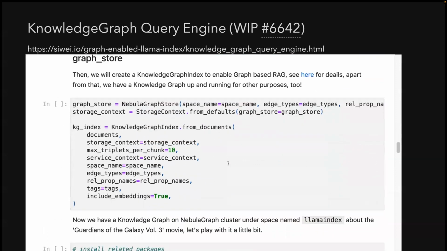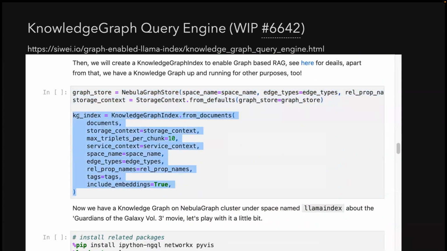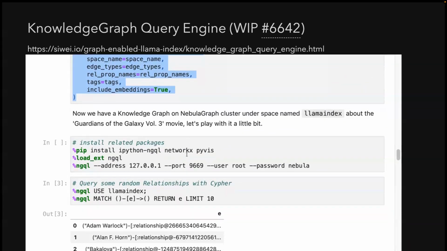And then we create a knowledge graph with this one line, with the knowledge graph index. And then we,